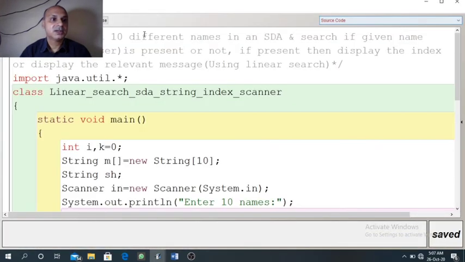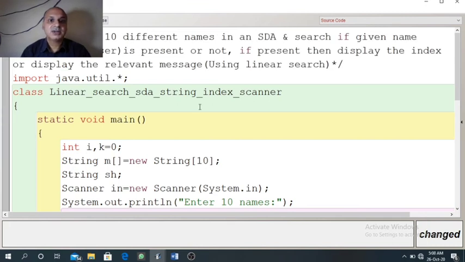You can see the question here. Write a program to accept 10 different names in an array and search if a given name is present or not. If present, then display the index or display the relevant message using linear search. So whatever changes I had told you, I will show it to you once more. Data type of array is changed from int to string.